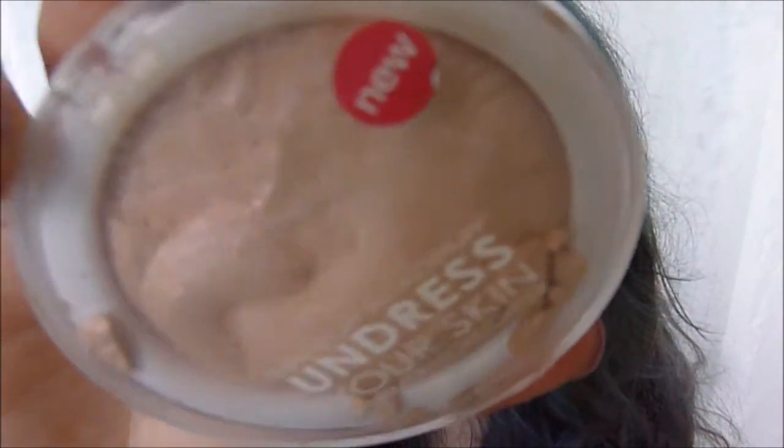Next we have Undress Your Skin from MUA. As you can see, mine is a bit beaten up and broken. This has kind of a slight lavender-ness. Sort of like a white with like a lavendery pink sheen. It is beautiful in the winter on really, really pale skin,